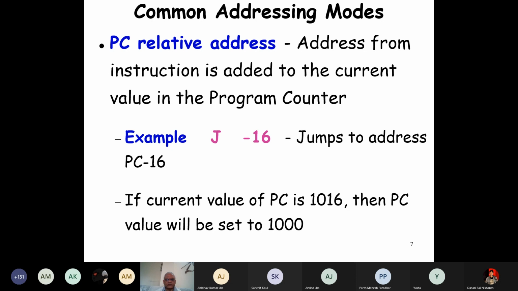We'll set it to a negative value. If we want a branch instruction, where we skip some instructions and execute another, we'll set it to some positive value. So the PC relative address is used for changing the program counter value so that the instruction to be fetched is not the sequentially next instruction. We change it to somewhere backward for a loop or somewhere forward for a branch.